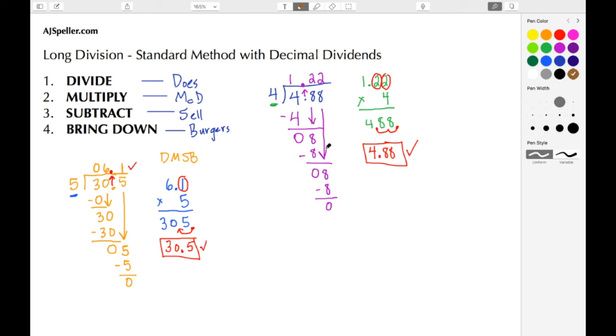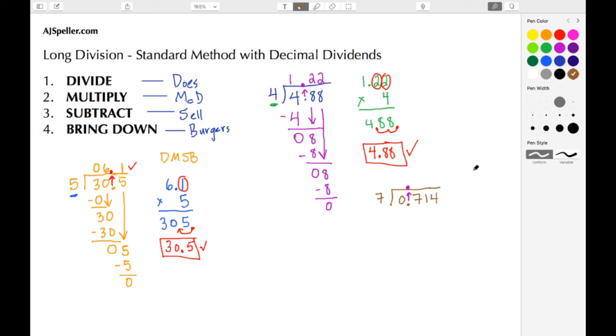And let's move on to our last one. Let's start off with a divisor of 7, and we're going to have a dividend of 714 thousandths. Not going to forget my first step this time. Bring up that decimal point. So the decimal point is here, and then we begin our division.